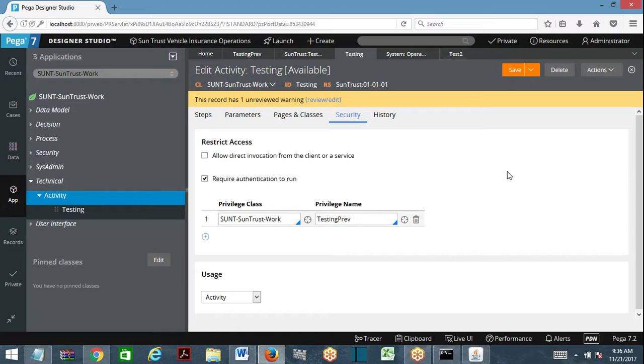Now operator 1 and 2 login. Will they be able to execute any activities? Operator 1 and 2 has a role defined on their access group which prevents execution of activities. Can they execute any of the activities? No activity they can execute. Now operator 3 logged in with different access group. So can he execute activities? He can execute activities.